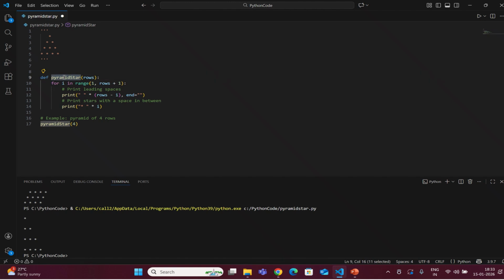Here I have given the name of the function as pyramid star, and it will take the number of rows. As you see here, we are passing it 4. So here the value of rows will be 4. Now the rows loop will start from 1. As we have defined, range is 1, it will go till rows, which means 4, but we have defined 1